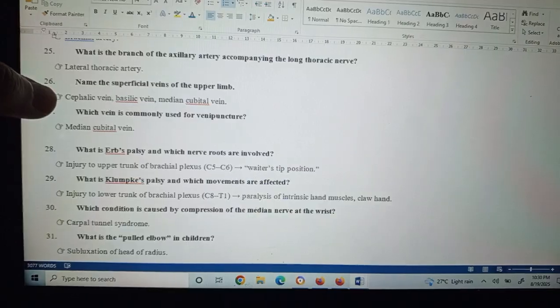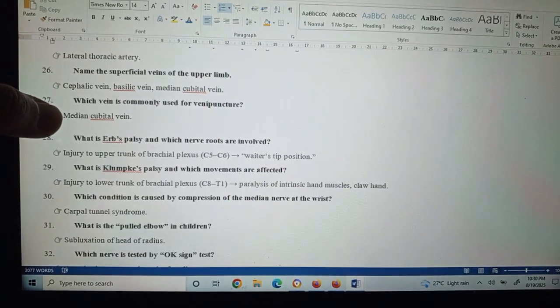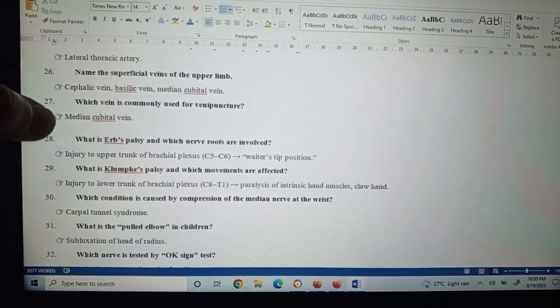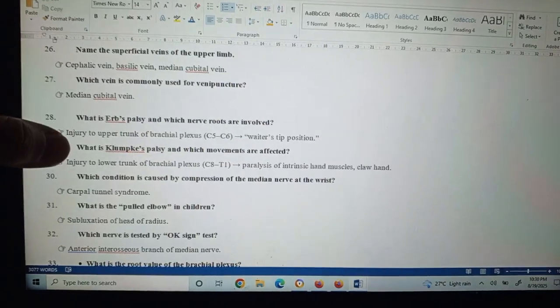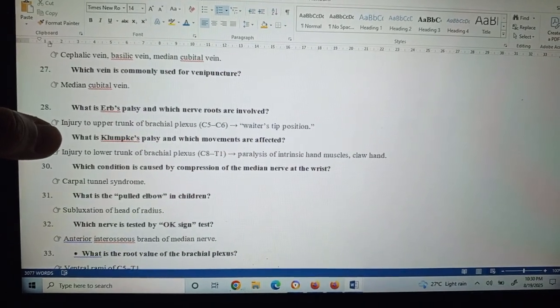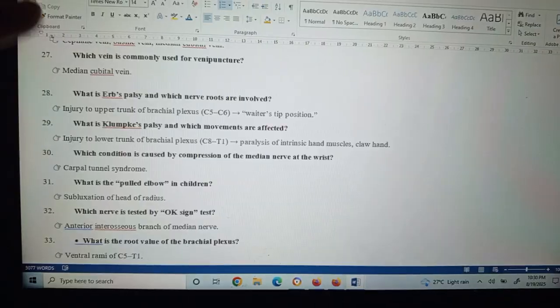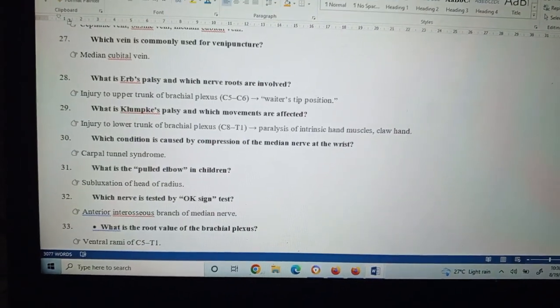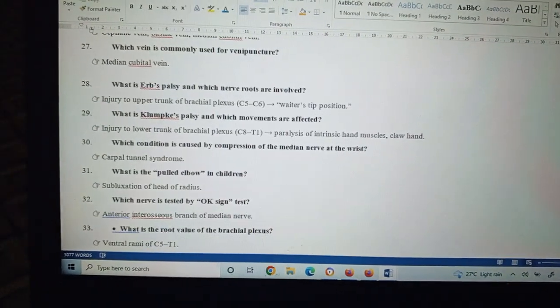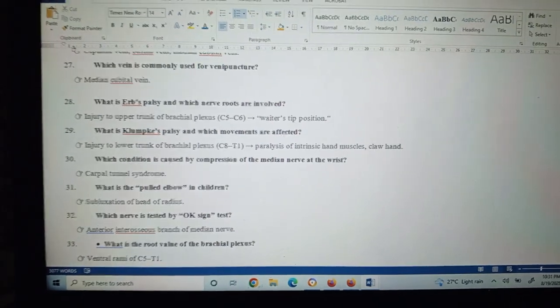Lateral thoracic artery. Name the superficial veins of the upper limb: cephalic vein, basilic vein, and median cubital vein. Which vein is commonly used for venipuncture? Median cubital vein. It is a very commonly asked question in the OSPE as well, especially from the DPT and